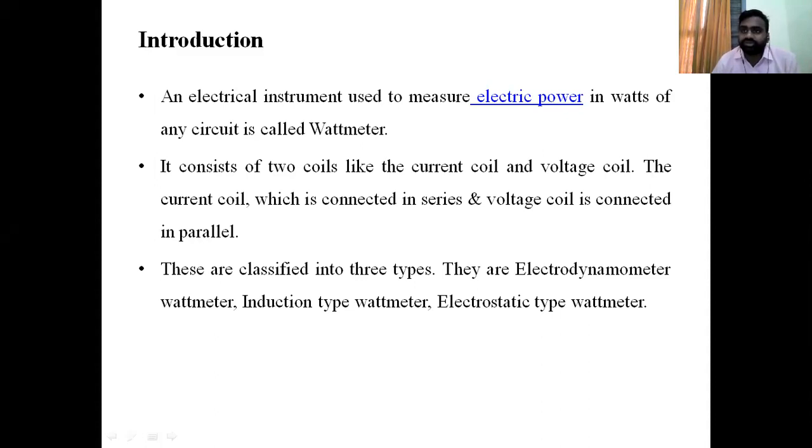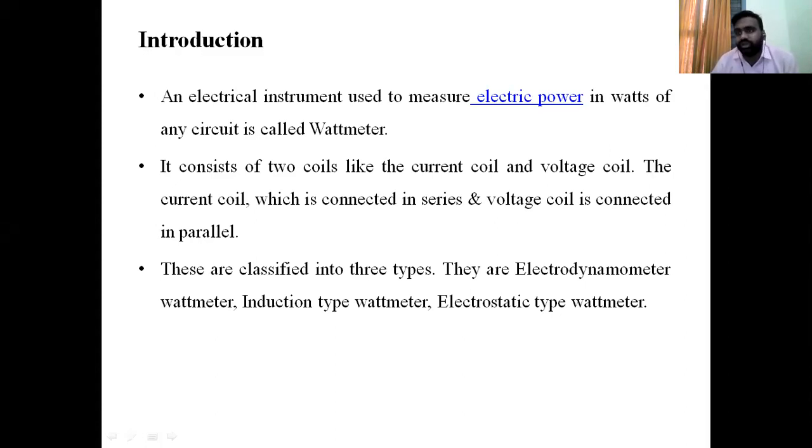In the PMMC instrument we have two permanent magnets, one referred to as the north pole and the other as the south pole. In the MI instrument we have two coils that behave like electromagnets. In the electrostatic voltmeter there is no magnetic effect; we discussed the static electric field. But here in the wattmeter description, we